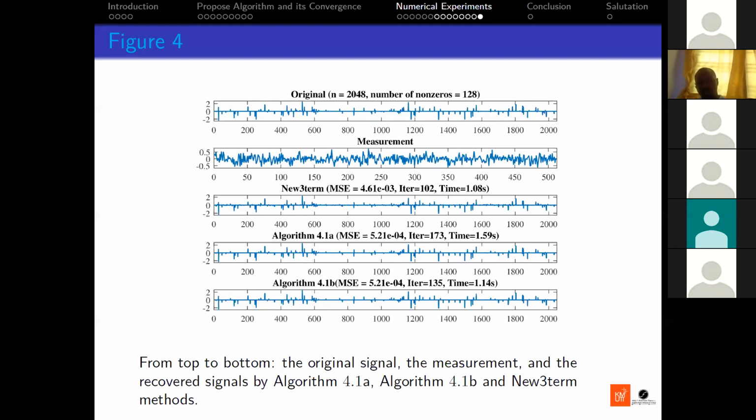But I think in practice, you don't know the matrix E. We don't know the measurement. Yes, we don't know. I think the matrix E has to be chosen according to some distribution. For example, if you are working in image processing, then the matrix E has to be generated from some convolutional methods. I think in signal processing, the situation is similar. You cannot just generate a random matrix to recover in practice.